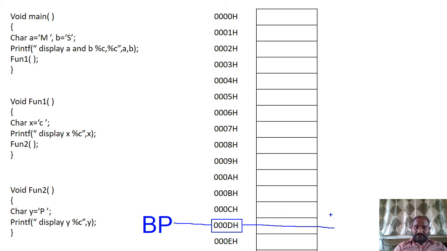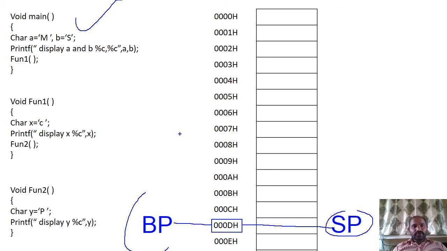Okay, it is going to be the SP content. Now in the main function, you are trying to declare two variables. You are declaring two variables, means you are asking the microprocessor to allocate two memory locations. So the open brace is nothing but a new base pointer being allocated. A new base value for this program is allocated by the microprocessor, that is going to be stored in the BP register. The same value is going to be there in the SP register